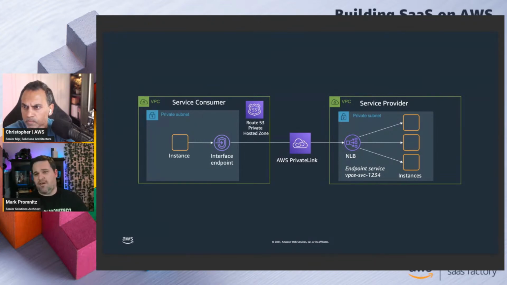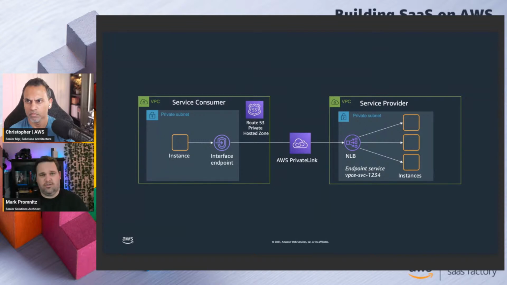The architecture of PrivateLink is really quite simple. We deploy a network load balancer in front of that, and that's really to front your service. You can then register that network load balancer as a PrivateLink service, which is essentially saying, yes, I want to register a service. It's on this NLB, it's on these ports. And then the third piece is really deploying VPC endpoints, interface endpoints, into your consumer or tenant VPCs, which means